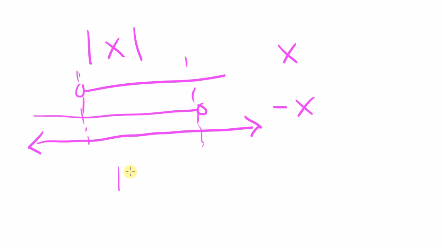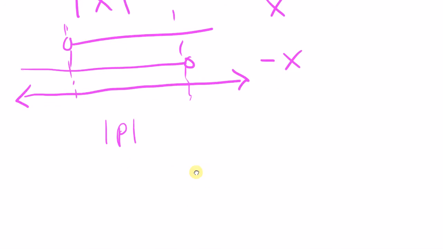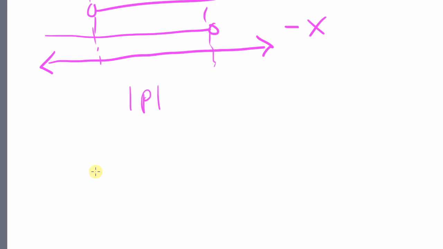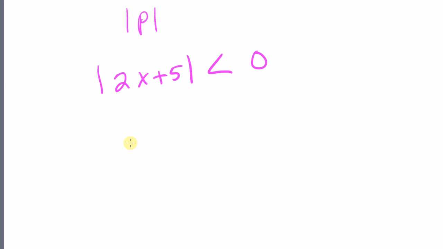I think we did. We did the absolute value of p. It was less than or equal to some value or whatever. So we had that one. And then we had the flip. So yeah, just remember that there's two cases, and always, always, always, whenever you're doing the inequalities, especially when you're doing these two cases, make sure that if it's like the absolute value of 2x plus 5 is less than 0, something like that, make sure that when you do your two cases and you have this positive case, and